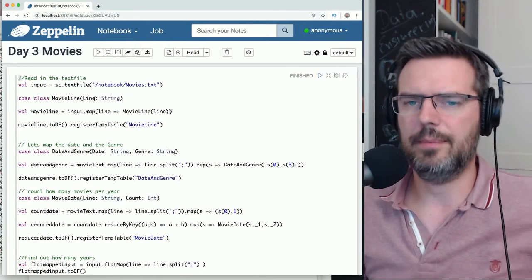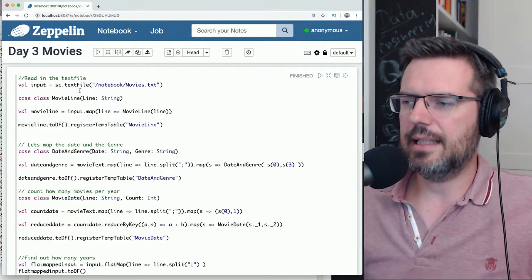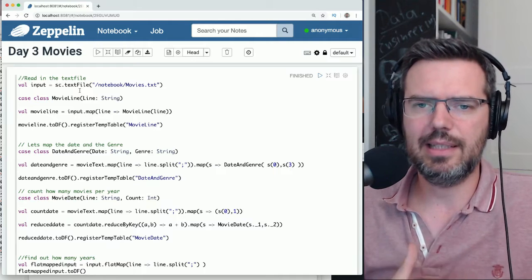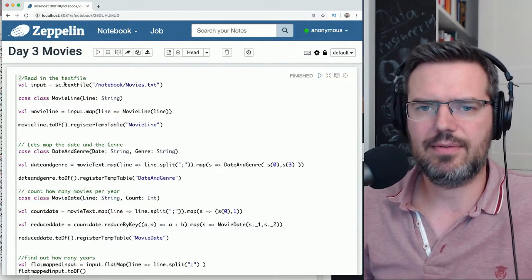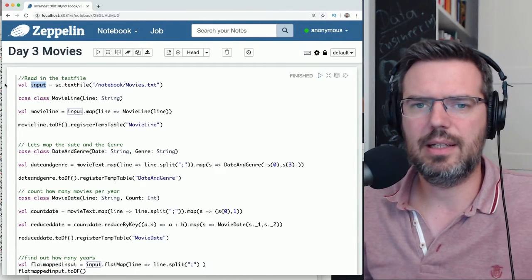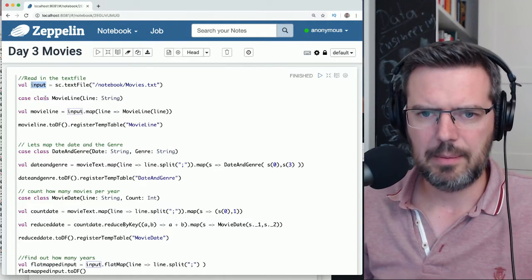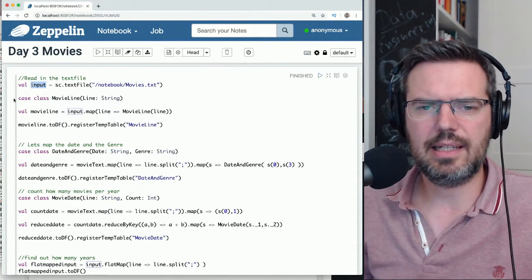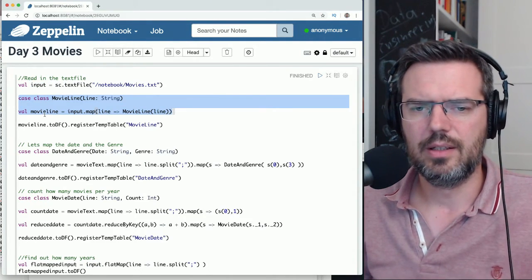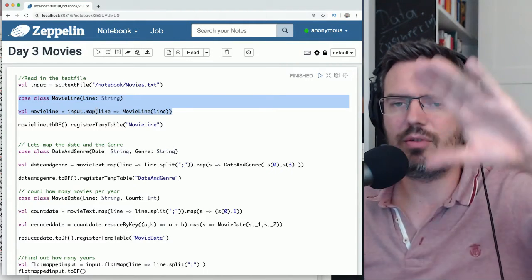So it's basically super simple. I used the absolute basic way of reading something, by just reading a text file and putting it into an input RDD. I use this to create the data frame that I'm using for SparkSQL.